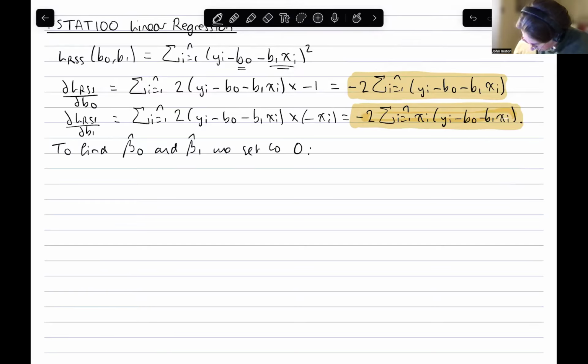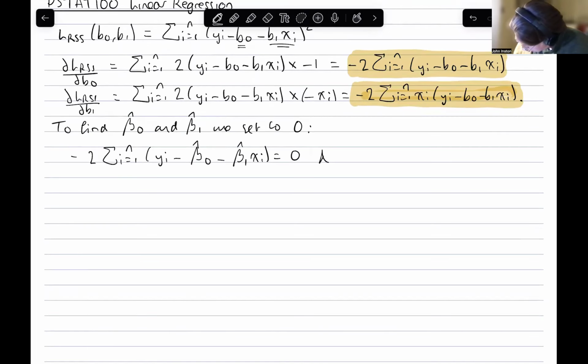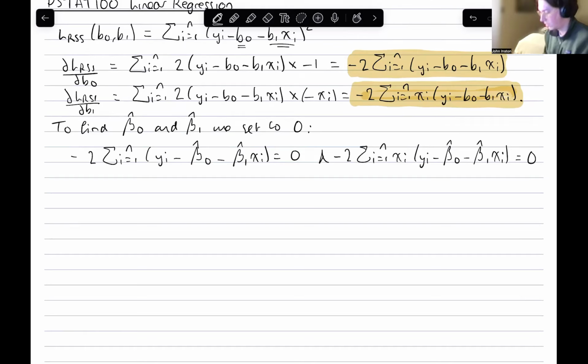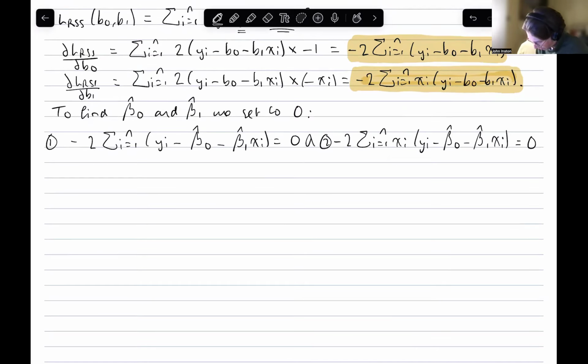So this becomes minus 2 sum of (yi minus beta hat naught minus beta hat 1 xi) equals 0, and minus 2 sum from i equals 1 to n of xi (yi minus beta hat naught minus beta hat 1 xi) equals 0. Okay, I'll just call this 1 and this 2 for the sake of notation, making it clear. So considering 1,